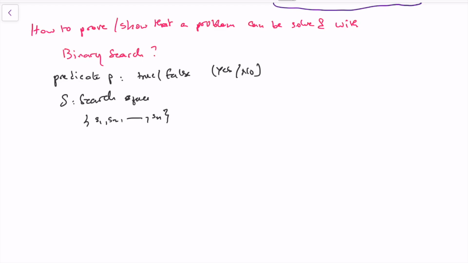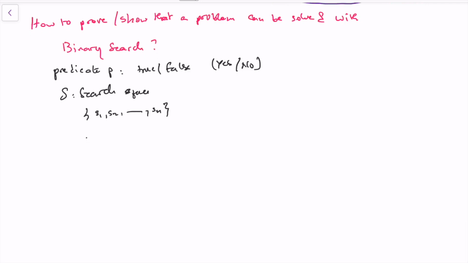And we can use a predicate on that search space by saying, okay, is P of S2 true or false? And we will get an answer, right? So it's still very general so far. And so what we are looking for here is the following. So we can apply binary search to this problem